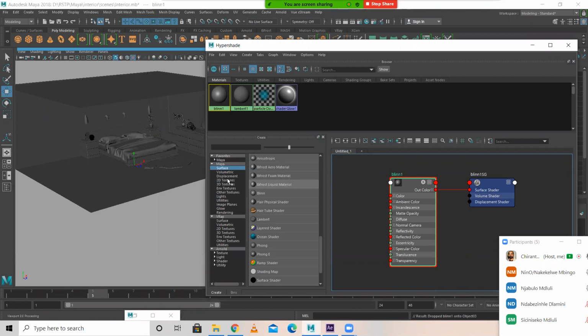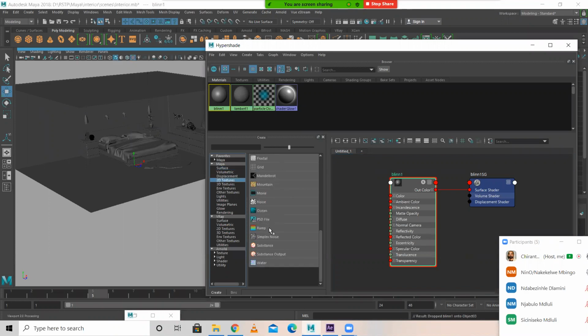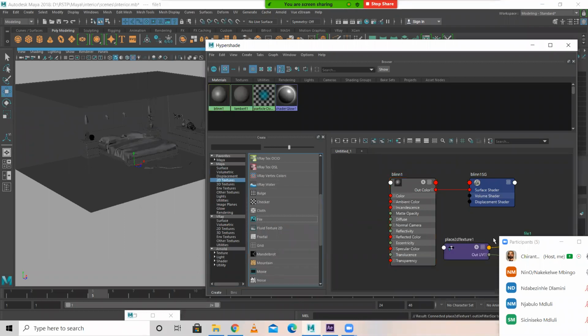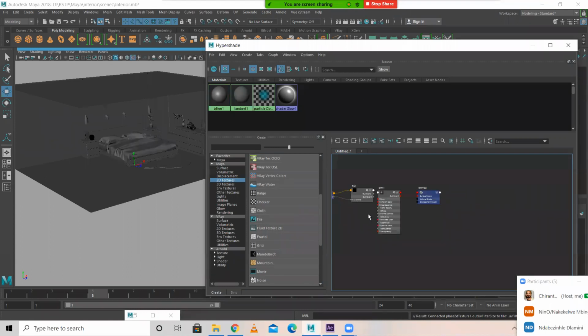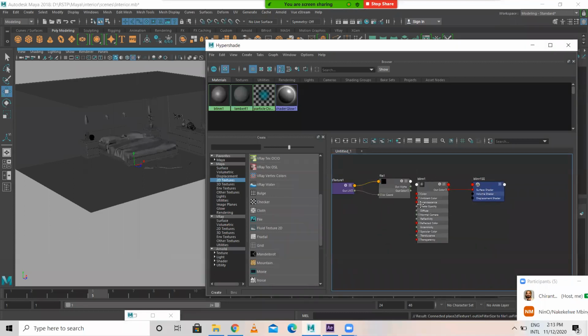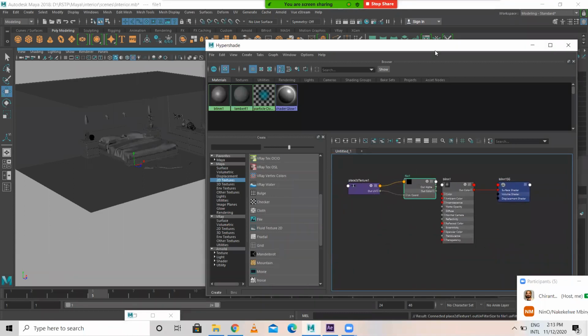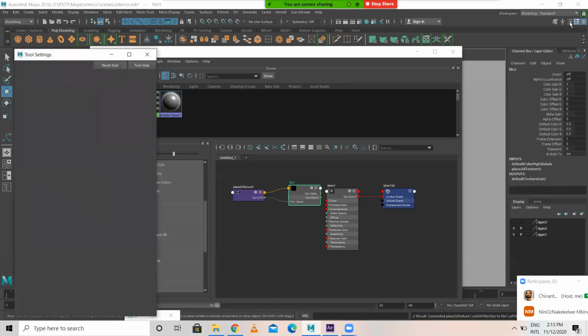Then I'll come to 2D texture, select empty file. Now these files are here, select these two, you can place this over here. After this, just click here, go to the attribute editor.